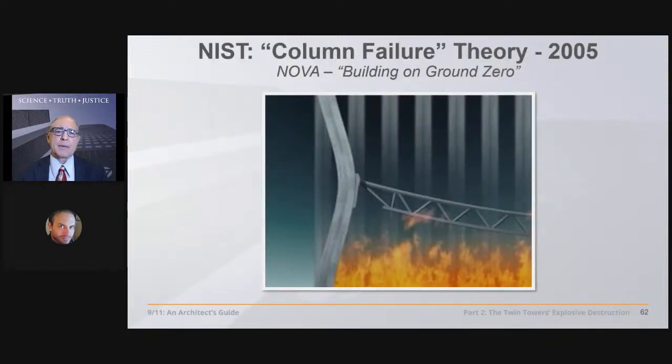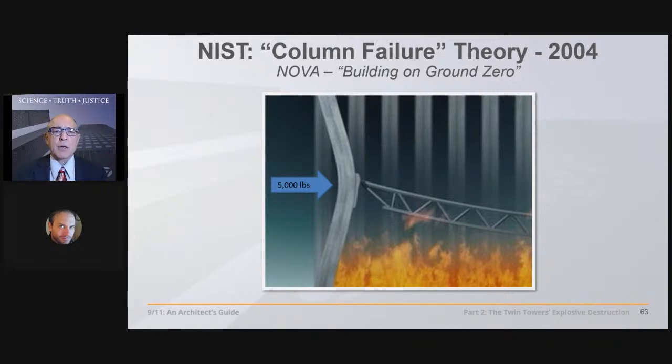So they had a theory. NIST's theory was different than FEMA's theory, which was essentially a pancaking collapse. This theory is a column failure theory, which says that these floor trusses failed due to massive fires at the time of the collapse. As they sagged, they pulled in the core columns, because we will see that the core columns were pulled in. But this is said to have been the cause, these massive fires causing the sagging. Well, sagging floor trusses can't pull in these massive columns. So